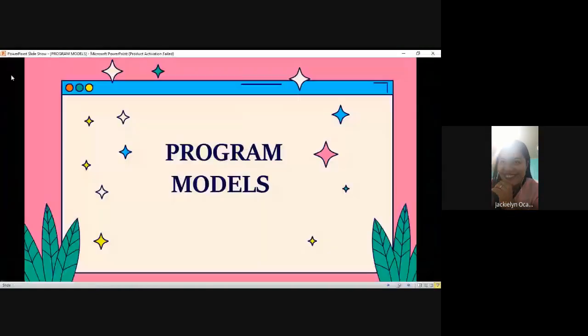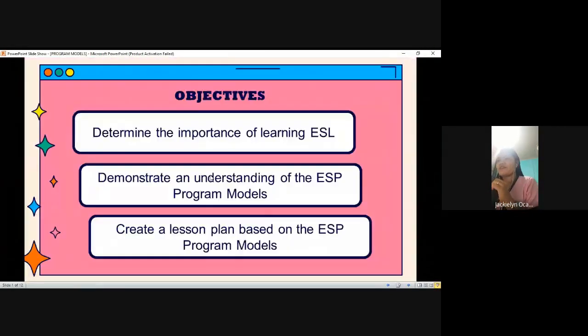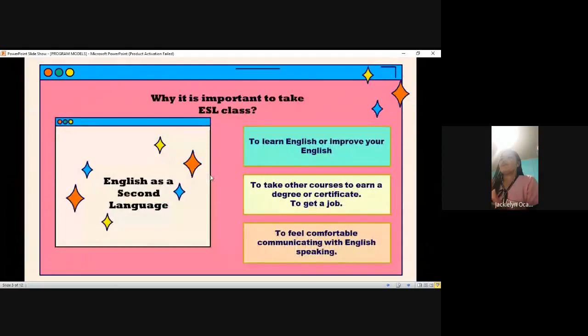Okay. Why is it important to take ESL class? Anyone? Very good. To learn English or improve your English, to take other courses to earn a degree or certificate, to get a job, to feel comfortable communicating with English speakers.